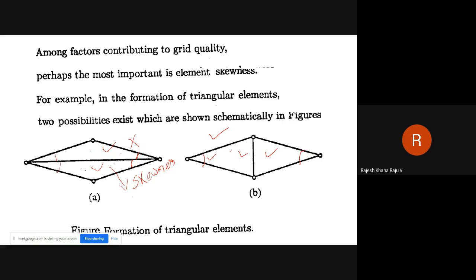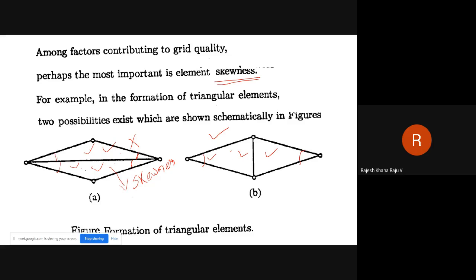This sort of situation is known as skewness, and that skewness has to be eliminated in any triangulation. But that particular characteristic may not be available with your advancing front method. That means we are not checking whether it is skewed or not as such. Whatever triangles are created, they are created automatically because of the logic, and we move on with these triangles rather than going for the other one.